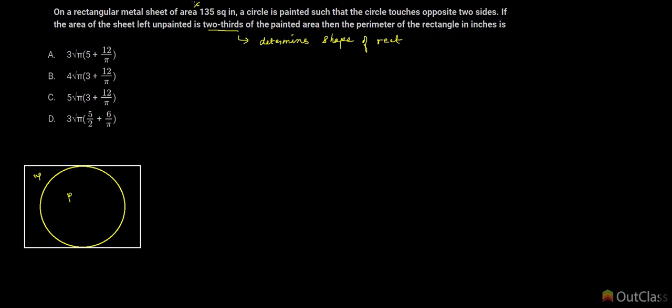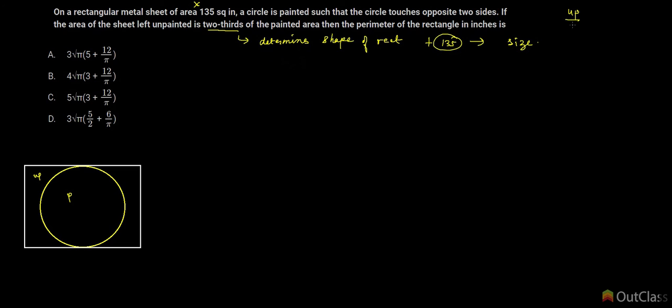And then you can bring in the 135 to determine the size. You need to keep that in mind. Don't use 135 in the initial step, at least the way that I'm doing it. I'm just going to find the ratio of length and breadth first, at which point I'm not using the 135. So what we have here is